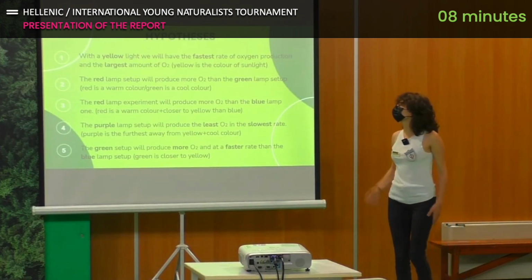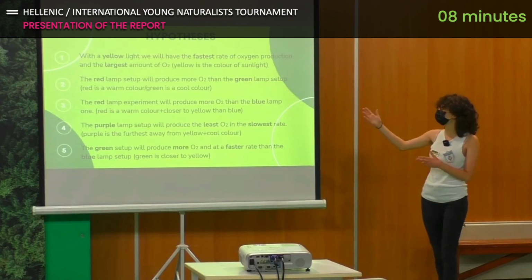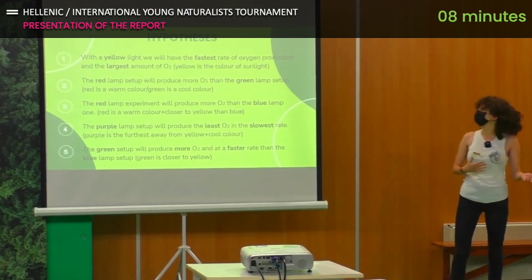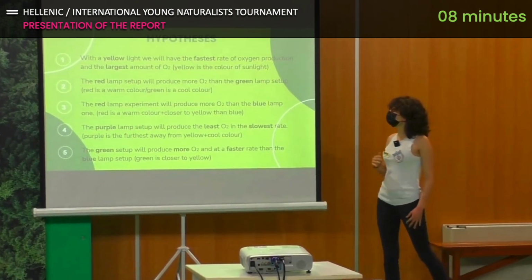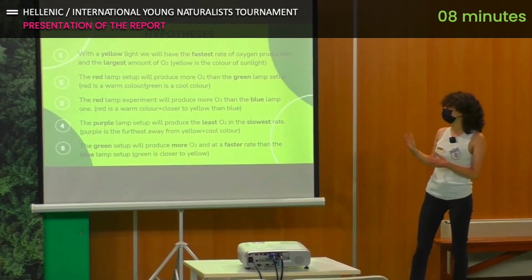The first one is that with the yellow light we will have the fastest rate of oxygen production and the largest amount of oxygen quantity. This is because yellow is the color of sunlight. The second one is that the red lab setup will produce more oxygen than the green lab setup because red